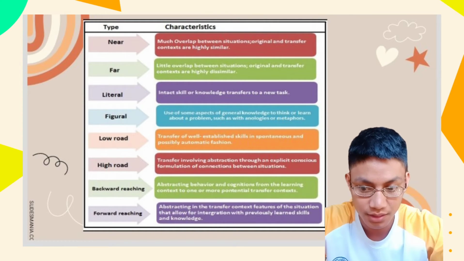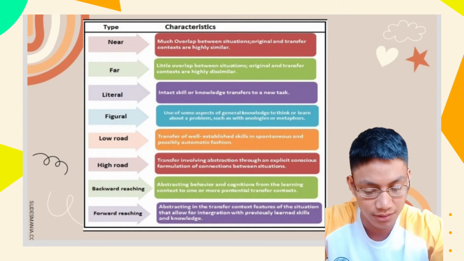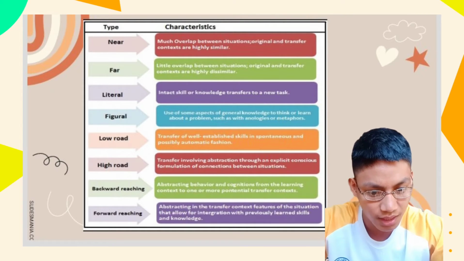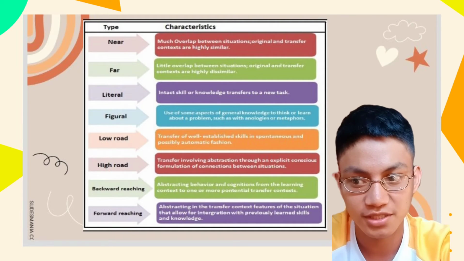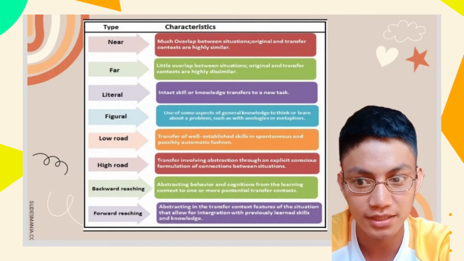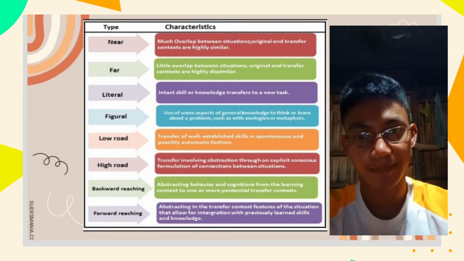Backward reaching. Abstracting behavior and cognitions from the learning context to one or more potential transfer contexts. Forward reaching. Abstracting in the transfer context features of the situations that allow for integration with previously learned skills and